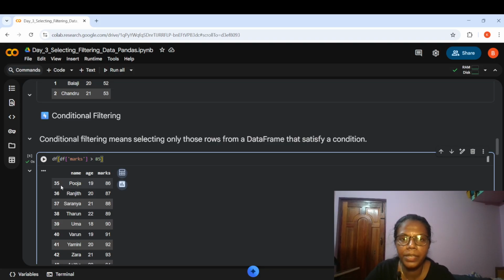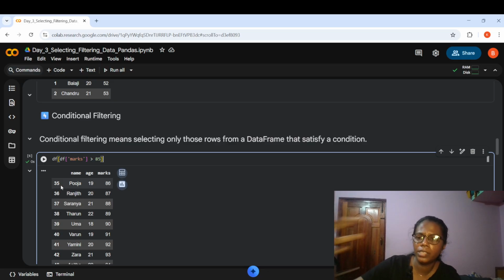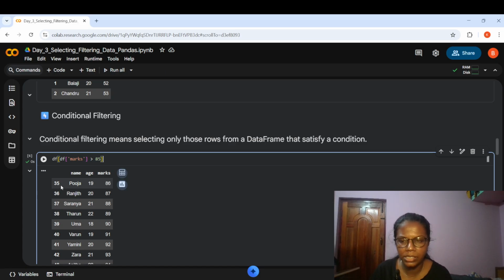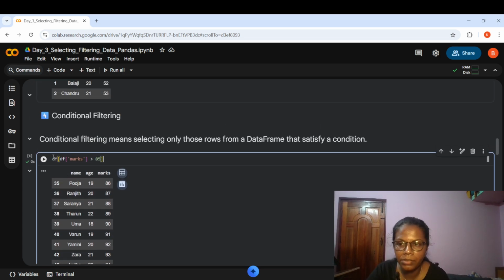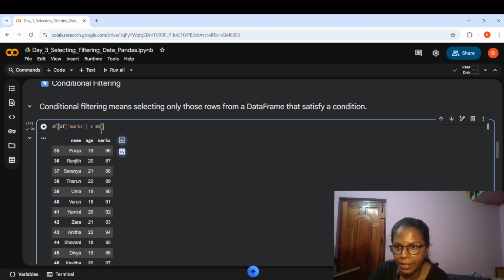That is why it is printed in that format. If it is not in the ascending order, it will not be in this format. It might be like the second index, 5th index, 7th index, some random index. In some random index, the student's mark who got 85 might be there, right? So in this particular data, as marks is in ascending order, from 35 to 49, every data got printed continuously. So if I give 90 here,